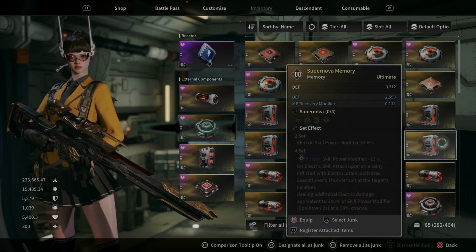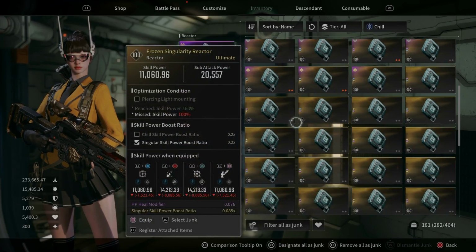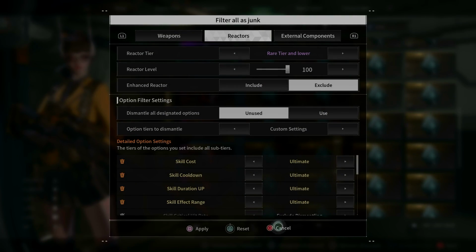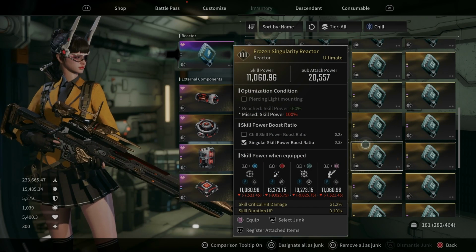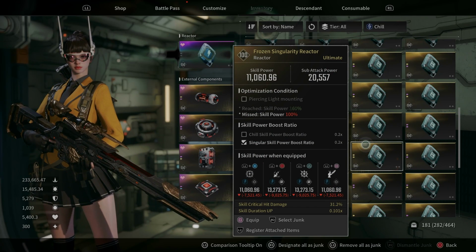And the reason why you'll want that is because as of right now, the biggest struggle that I'm having is managing my inventory slots. And granted, Nexon is doing really well in allowing us to filter junk. However, just going through modules and reactors is such a monotonous task that I just don't want to pick up anymore. If my inventory is full, I'll just leave all of the reactors on the ground,